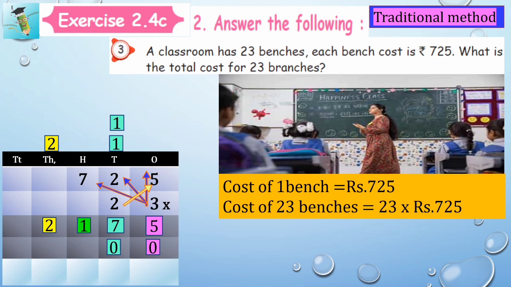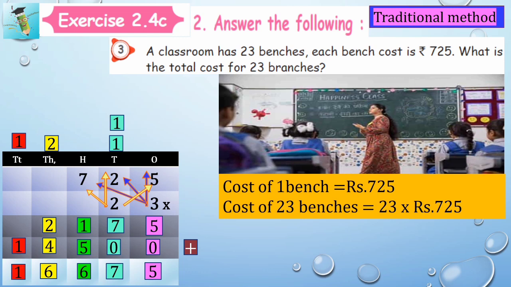Tens column we added. So I entered the one above. Next 2 2s are 4 and one more is there. So 5. Then 2 7s are 14, 4 and 1 above. Good. Now I bring down. So we need to add now. So 5 plus 0 is 5, 7 plus 0 is 7, and 5 plus 1 is 6, 4 plus 2 is 6, then 1.